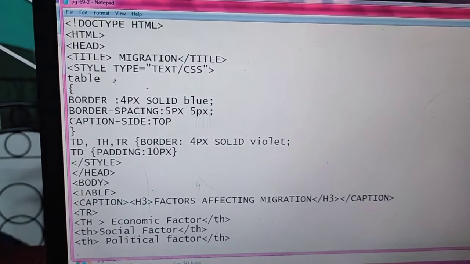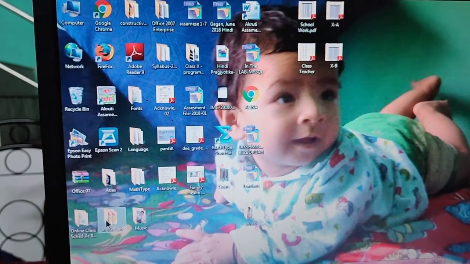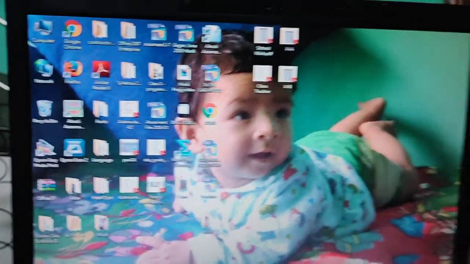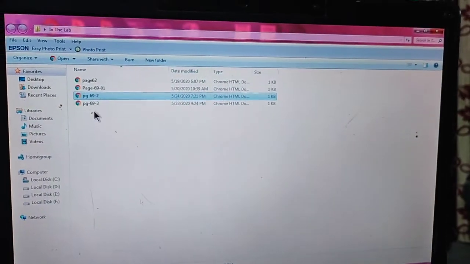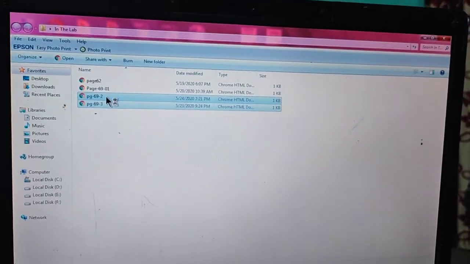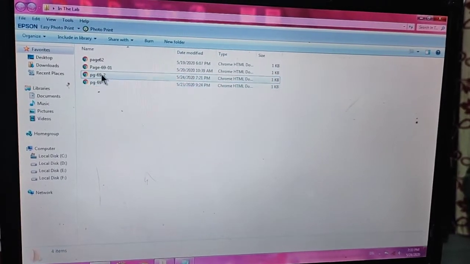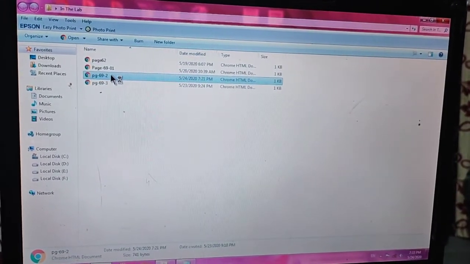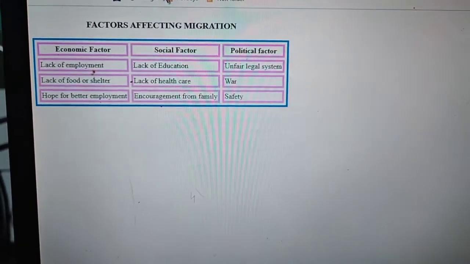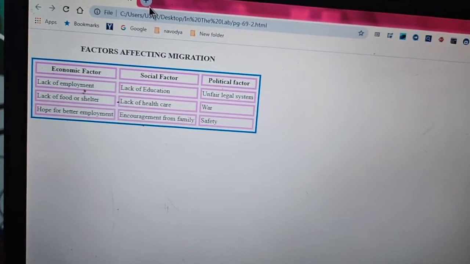Okay, now I will show you the output of the program. Now you see the output. The border is blue in color. The inner borders are pink in color.